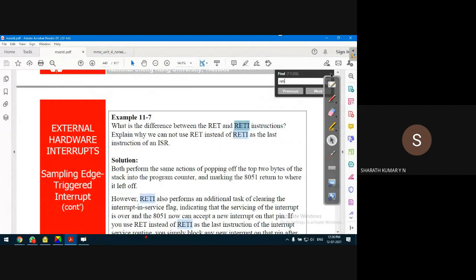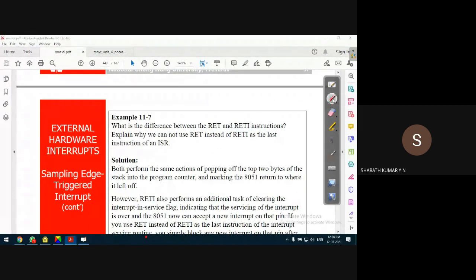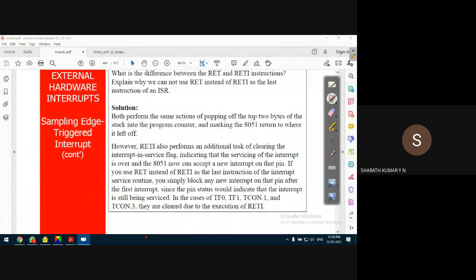The author has explained the difference between the RET instruction and the RETI instruction. The basic operation of both instructions is the same: return from subroutine. As the name suggests, before returning it will pop 2 bytes off the top of stack memory, which correspond to the program counter and the address of the main memory.